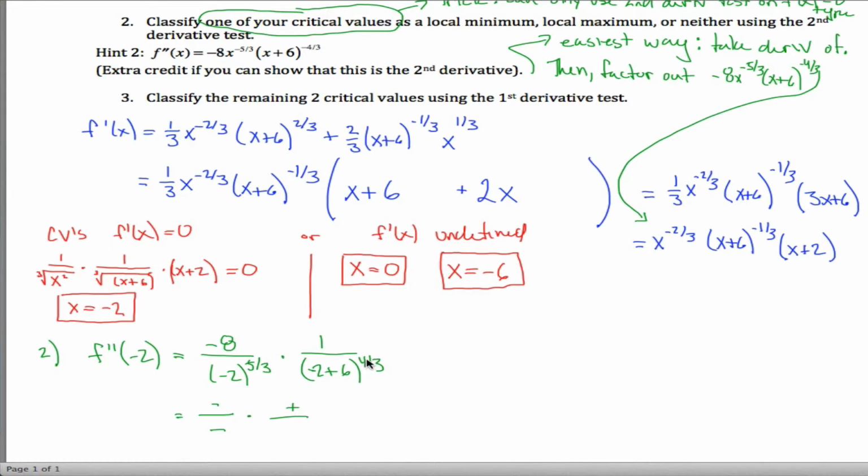If you raise something to an even power, it makes it positive. And you take a cubed root of it, it's still positive. Another reason it's true is because -2 plus 6 is a positive number, and a positive number raised up to any exponent, negative or positive, is not going to be negative. It's going to be a positive number. So what I get is a negative divided by a negative times a positive divided by a positive, which is a positive number, and what that tells me